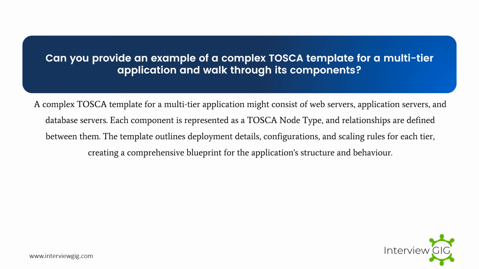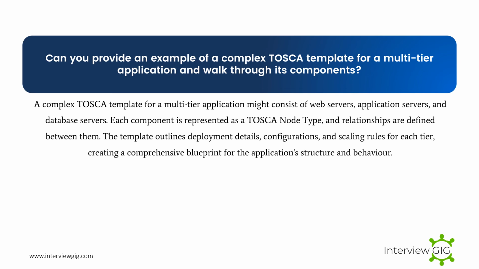Can you provide an example of a complex TOSCA template for a multi-tier application and walk through its components? A complex TOSCA template for a multi-tier application might consist of web servers, application servers, and database servers. Each component is represented as a TOSCA node type, and relationships are defined between them. The template outlines deployment details, configurations, and scaling rules for each tier, creating a comprehensive blueprint for the application's structure